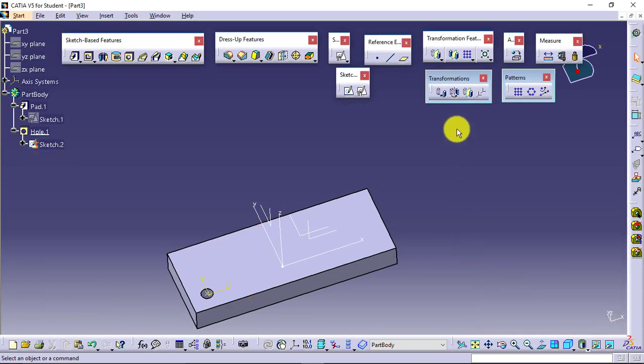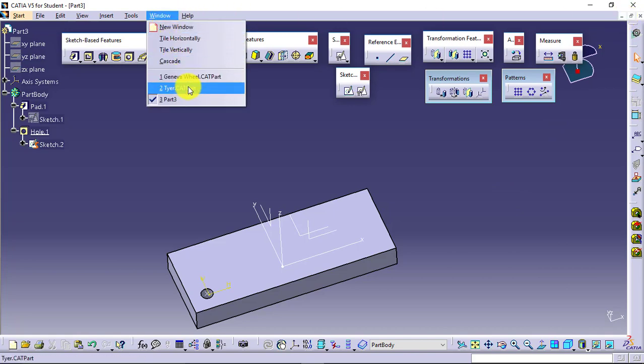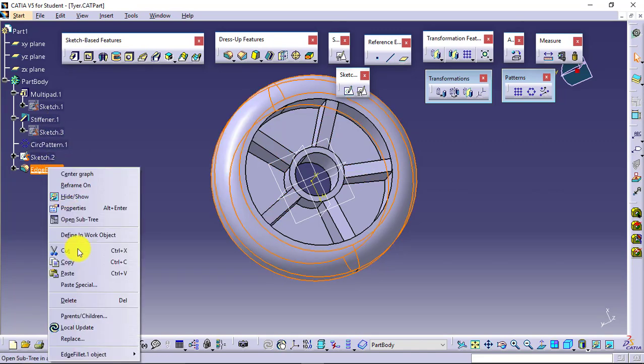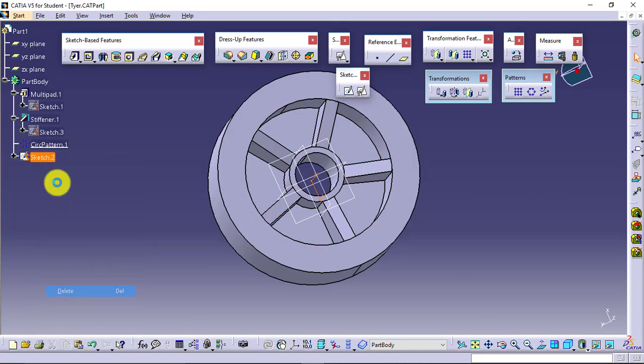Next type of pattern we have is circular pattern. For circular pattern, I would like to show you some other part. I'll just change the window to this tire case, and I'll delete these features for now.